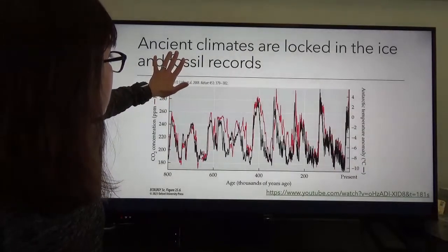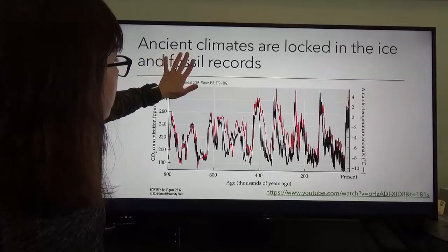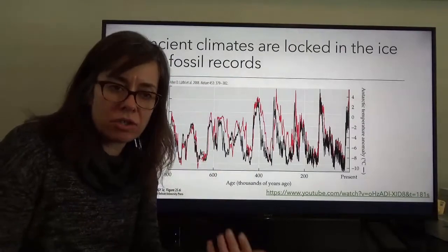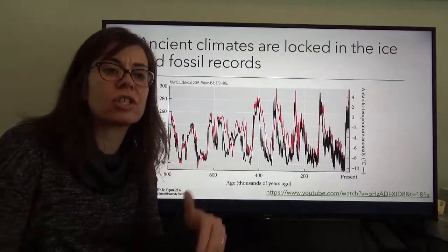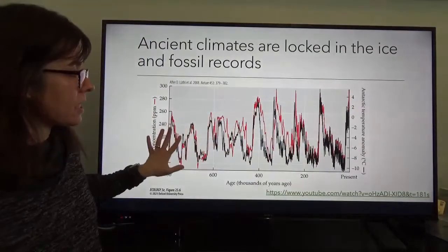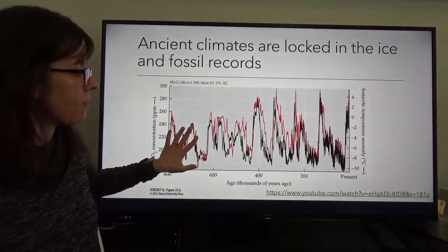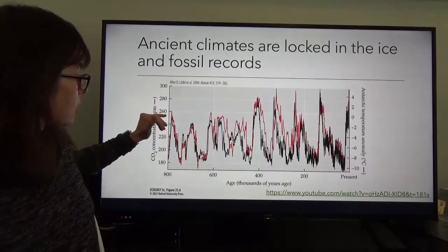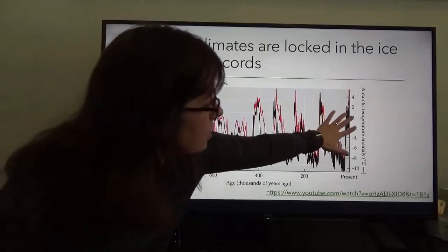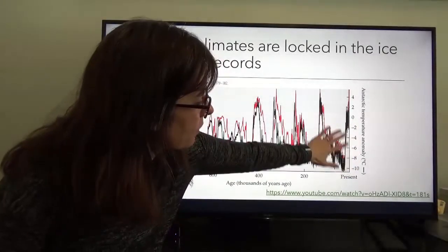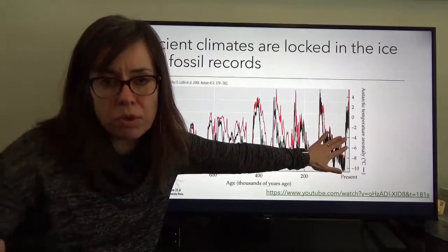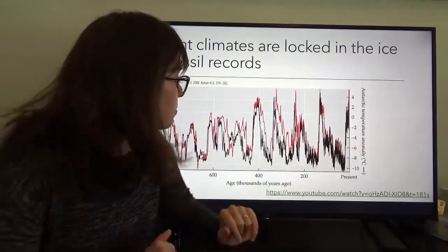Okay, and not only is temperature increasing rapidly, but temperature and carbon dioxide concentrations are both increasing rapidly, beyond the scope of what we've seen over a very long time period. Here we have carbon dioxide concentrations in parts per million, reflected by the red line, and Antarctic temperature anomaly, reflected by the black line. So again, negative values mean lower than the long-term normal, positive values mean higher than the long-term normal